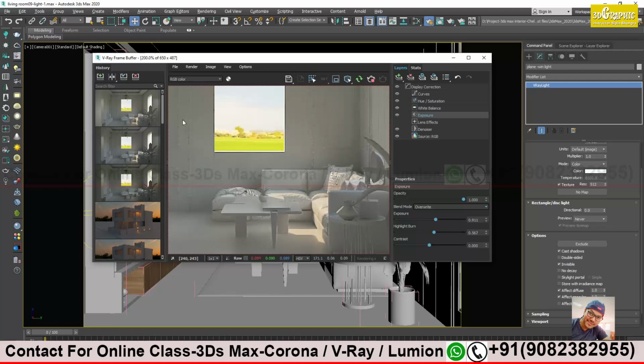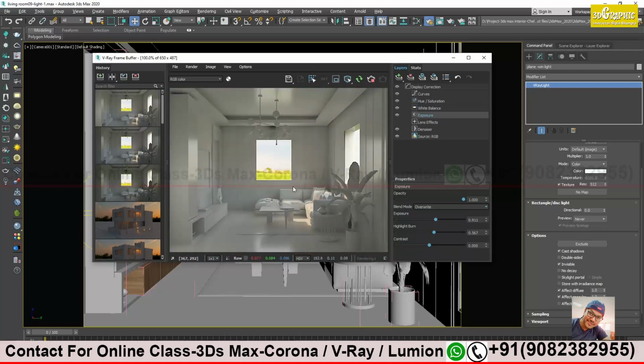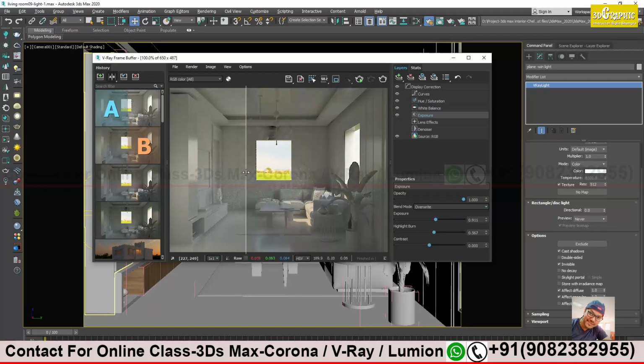I will look at before and after. I will save this. A, B. See, this is looking darker. I'm getting a proper exposure now. It improved a lot.